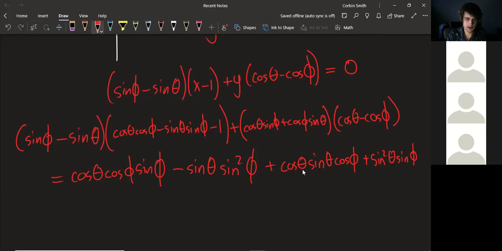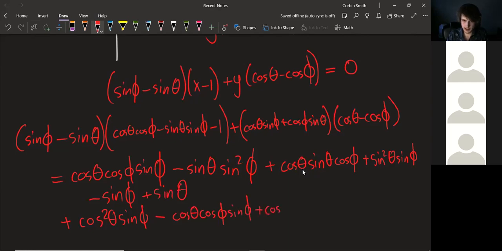And then we distribute this one, and we have a minus 1, so that's going to be minus sine phi plus sine theta. And then here we're going to get plus cosine squared theta sine phi minus cosine theta cosine phi sine phi